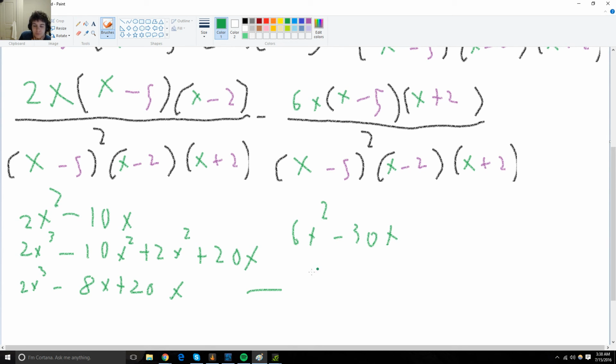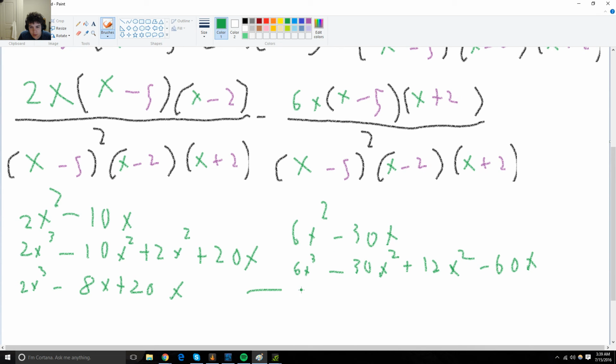And then we got 6x cubed minus 30x squared plus 12x squared minus 60x, which is